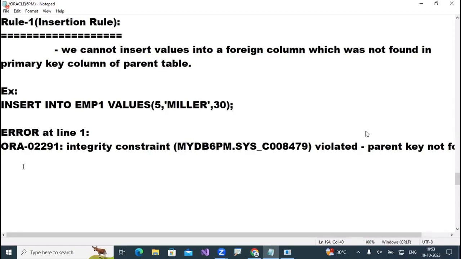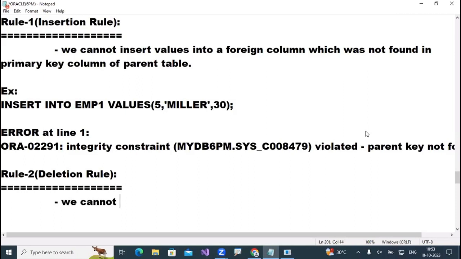Okay, right. This is one rule that we found out now. And the second one, rule number 2, is called the deletion rule. So this rule tells us we cannot delete a row from the parent table